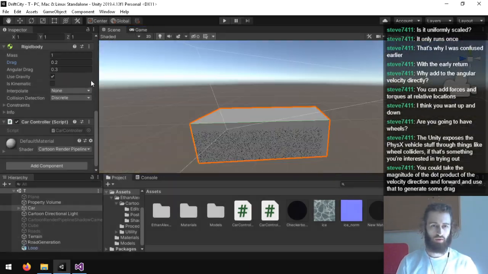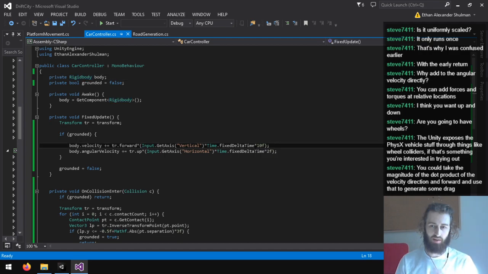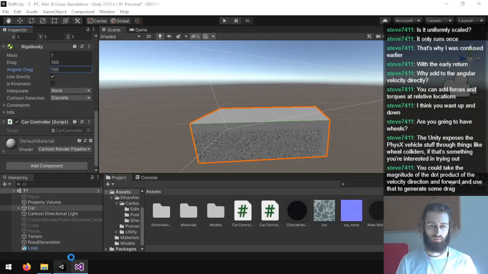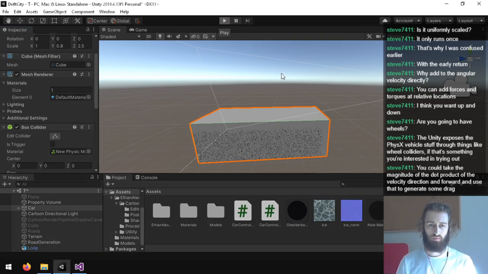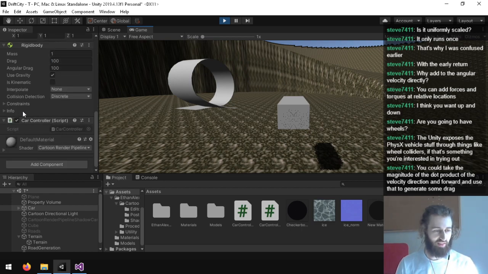So yeah, I'm gonna try ramping up the drag and then doing full control via adding force here. Okay. Alright, lesson learned.